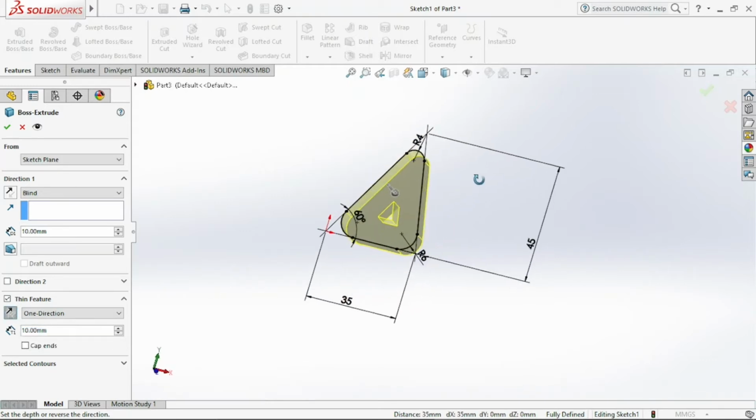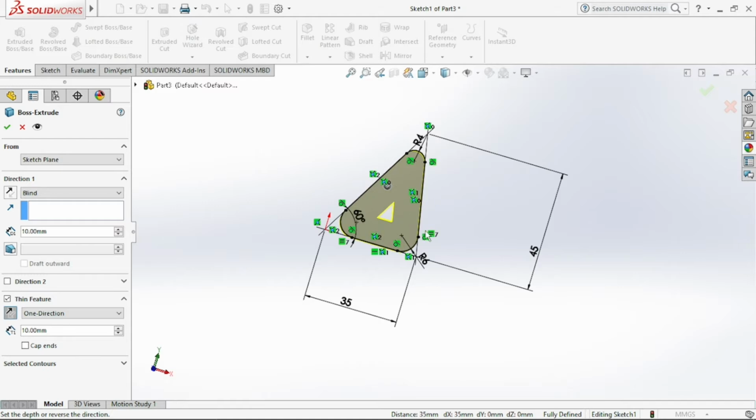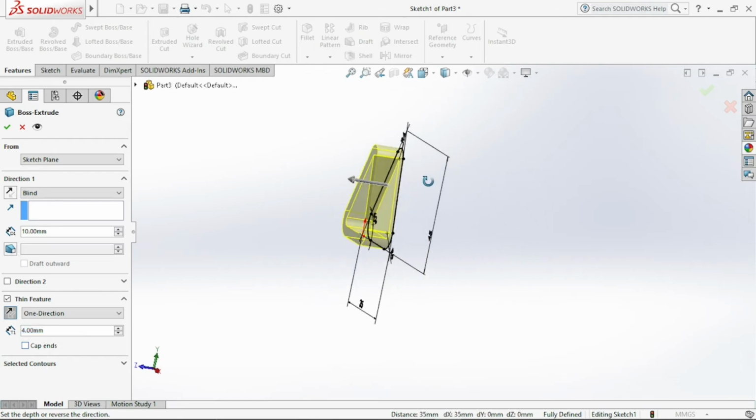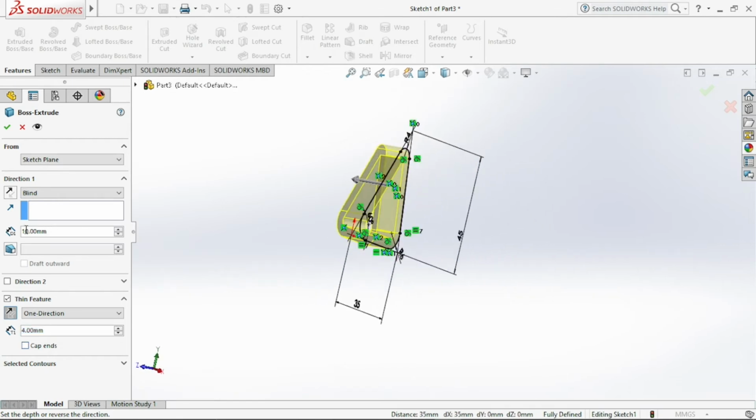You can see that it has come down, inside, as of right now. We don't need a 10 mm radius. We only need 4 mm radius. And we don't need the extrusion to be 10 mm as well. We only need it to be 5 mm.